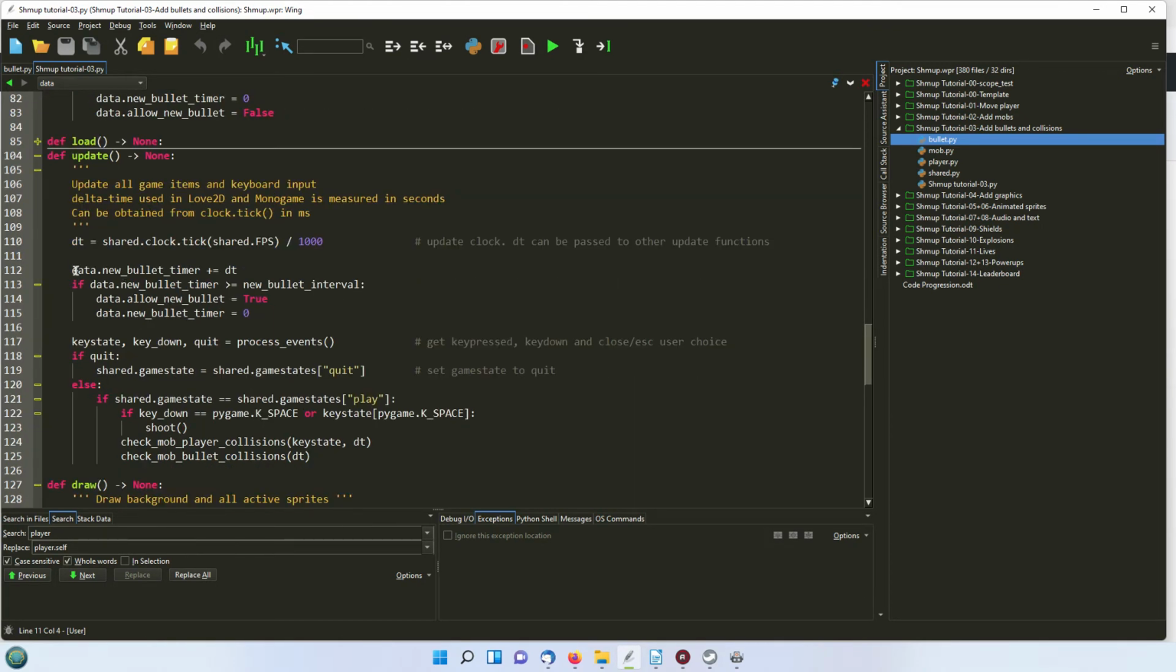data.newBulletTimer is just the one that we created at the top in that class. We're adding delta time to it, and when that reaches the new bullet interval, which we set at 0.2 as our default value, then allow new bullet becomes true and new bullet timer is reset to 0. So as this runs 60 times a second, it means that every 0.2 seconds we'll be allowed to fire off a new bullet. Now, assuming that we're in game state play,